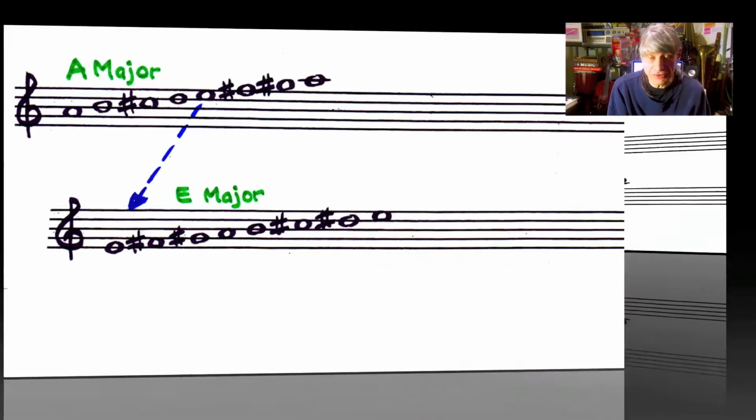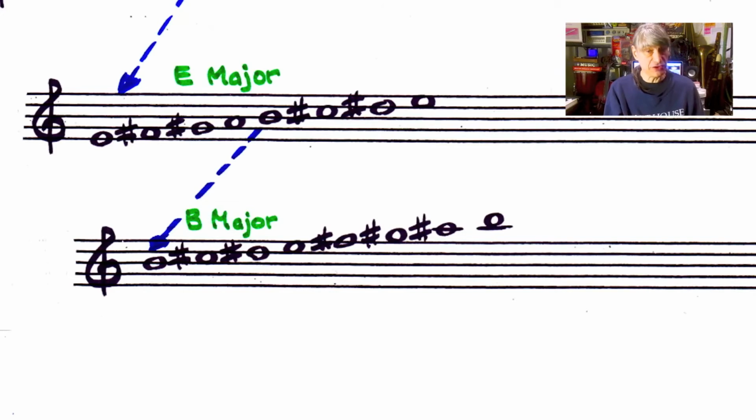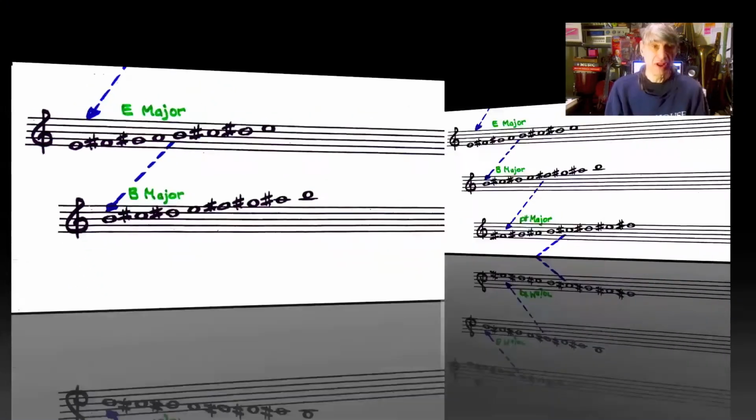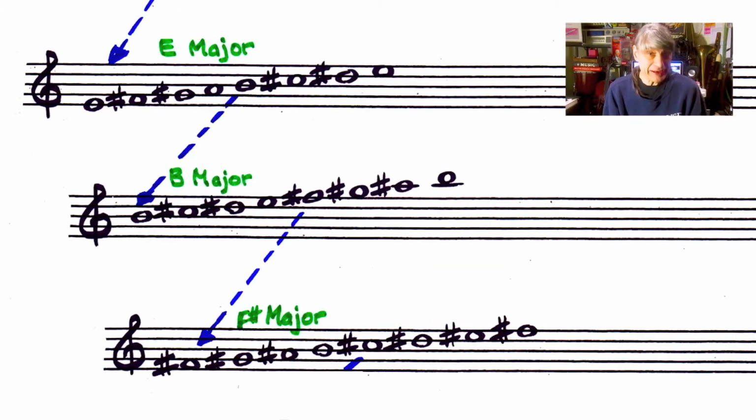And the same thing with the fifth note of E. If we go to its fifth note, that's the note B natural. B natural, C sharp, D sharp, E, F sharp, G sharp. Now we have to sharpen the A to make a proper ti do in the key of B. So if we go to the fifth note of B major, we're at the note F sharp. And in the same way, once we get to its seventh note, it can't be an E natural,